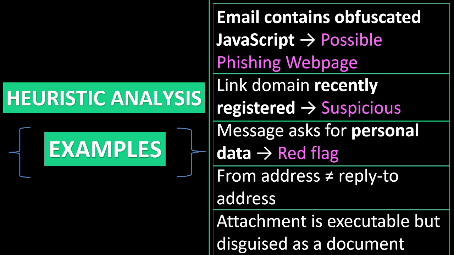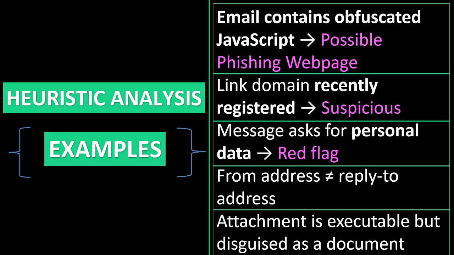For example, if an email contains obfuscated JavaScript, it can be a possible phishing web page. If a link domain is recently registered, or it looks completely like a different domain, it can be a suspicious message. If a message asks for personal data, that's a red flag, because nobody asks you for your personal data.